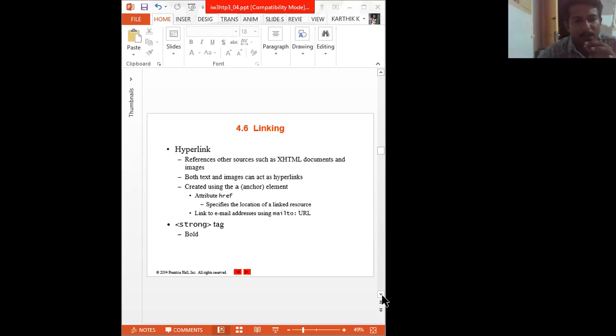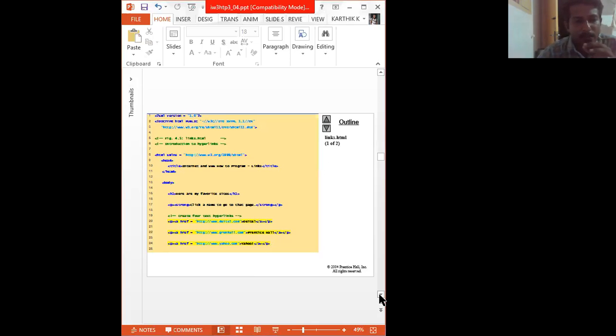So the tag we are using is the anchor tag. Anchor tags are used to create the hyperlink. Suppose you want to create a hyperlink for your images or any other resources, we have to put that text in between the anchor tag.